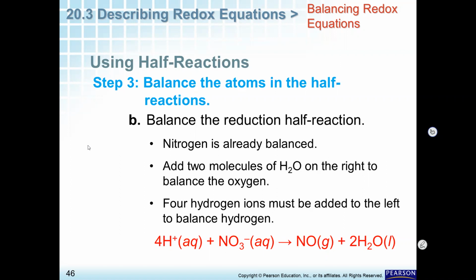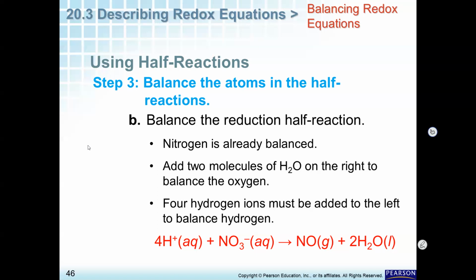I need to add 2 water molecules to balance the oxygen. بس بما أني ضفت water which is including 2 hydrogens times 2 that is 4، بحط مقابلها 4H plus عشان to balance the hydrogen. إذا originally I balanced the oxygen by adding water molecules then I fix the hydrogen by the H plus. فهمنا؟